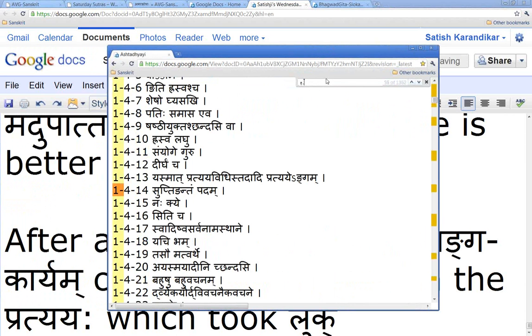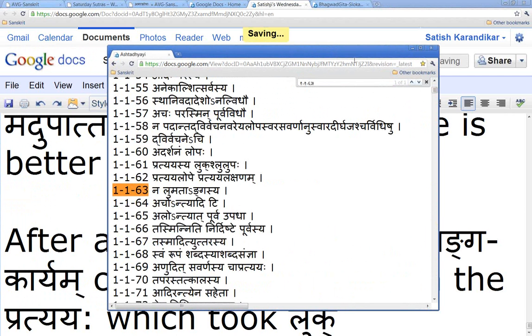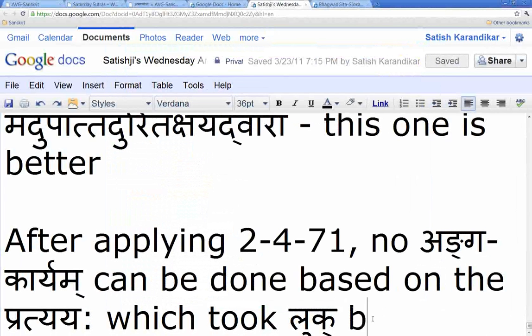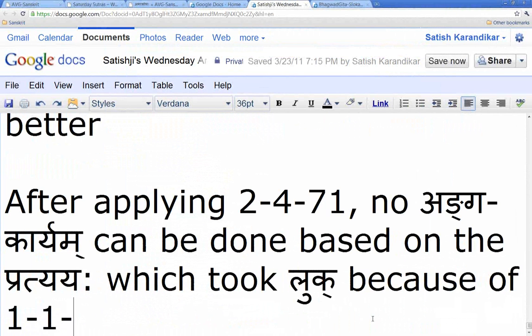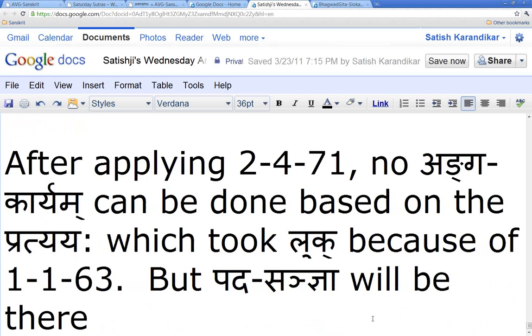1163 itself is that one, 1163, na lumata angasya. So when supluk is done, no anga karyam can be done because of which took luk, because of na lumata angasya, right? But padasanya will be there. Each of the terms in a compound, by the general rule, gets the padasanya. Padasanya will be there because of pratyaya lope pratyaya lakshanam, and then